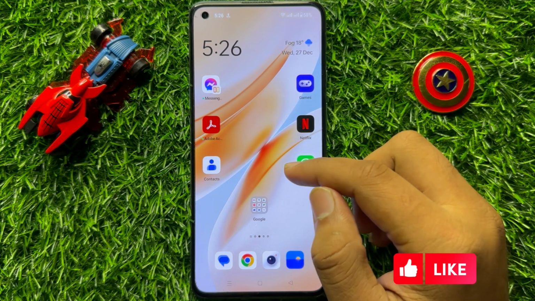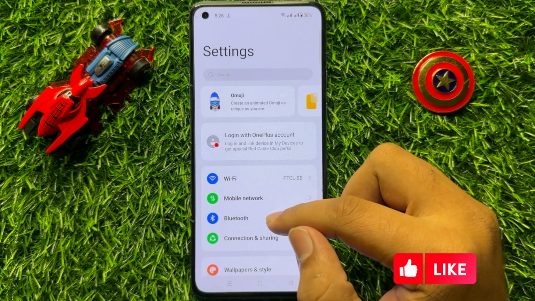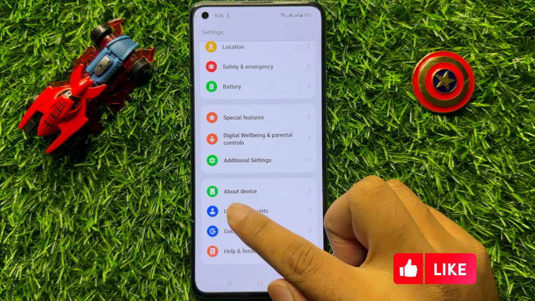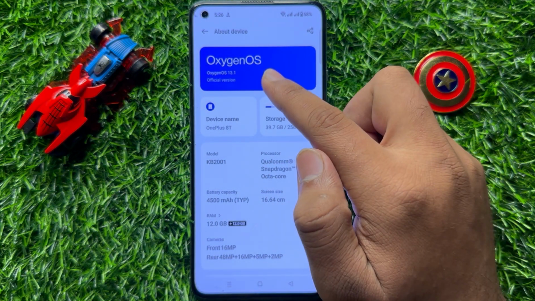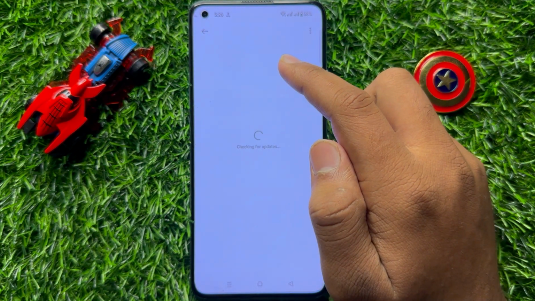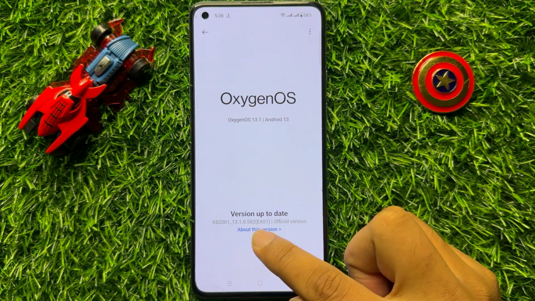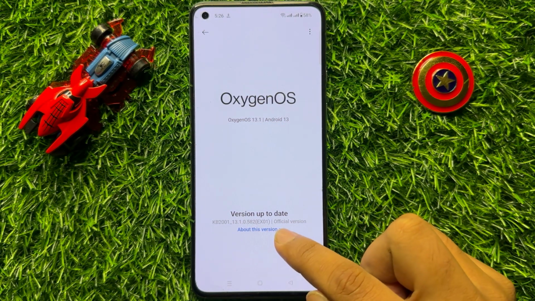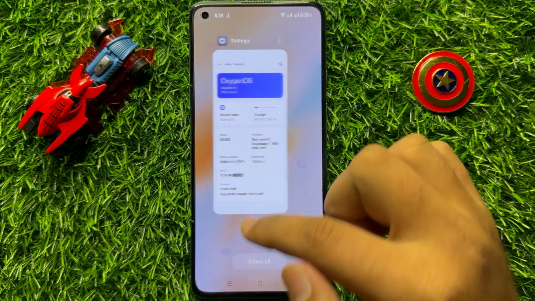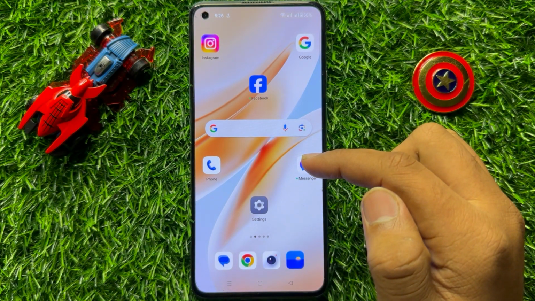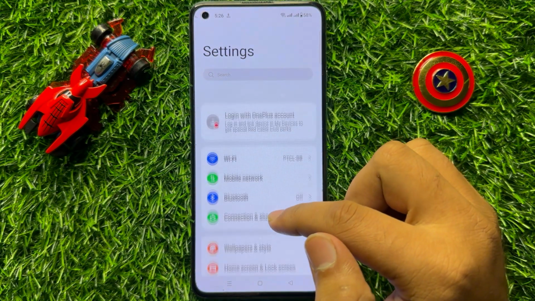So to fix this issue, first of all open settings. Now in settings, scroll down to the end and here click on about device. Now here click on your mobile software version and from here check if your mobile software is updated to the latest version or not. If your mobile is not updated to the latest version, then update your mobile software and after that the battery draining issue will be resolved. But if it doesn't fix your problem, then open settings again, scroll down